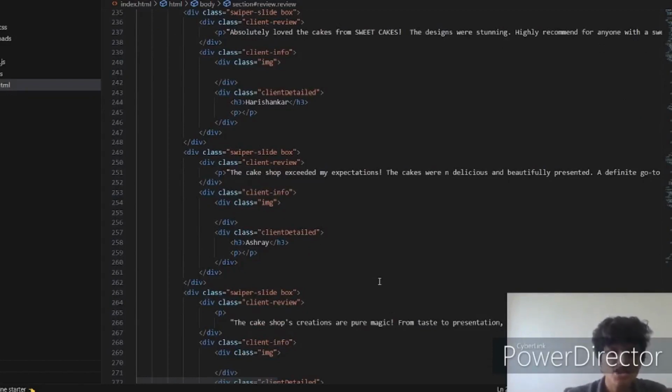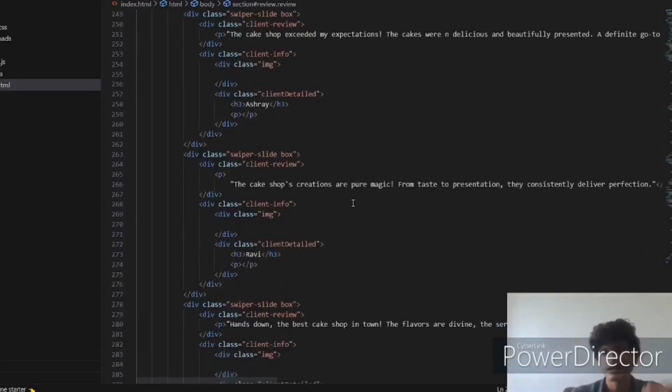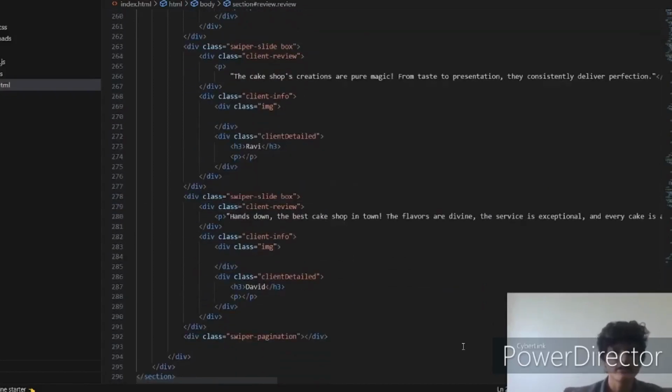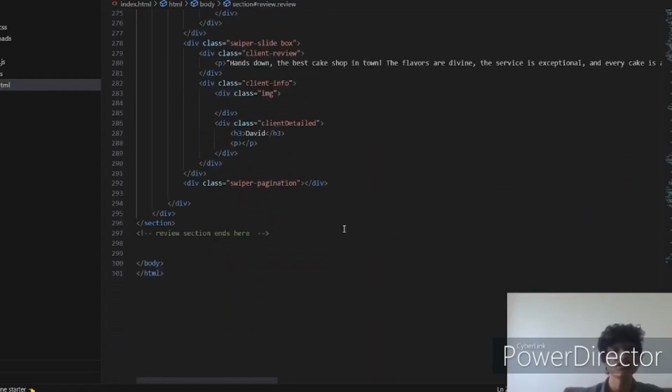So here we are given a different division for the paragraph and a different division for the heading, because both of them contain different stylings. So we have put them under different divisions. Again, the sliding effect, we have created 5 reviews, I guess. So the swiper slider box, the client review, the paragraph, the heading, and again the entire thing comes under one division, the review division. Under the review division, we have created boxes and even the sliding effect. The pagination just creates the dots,